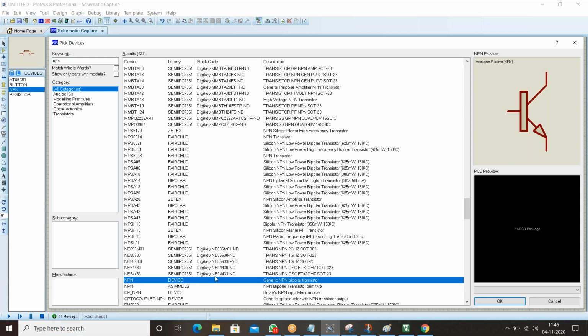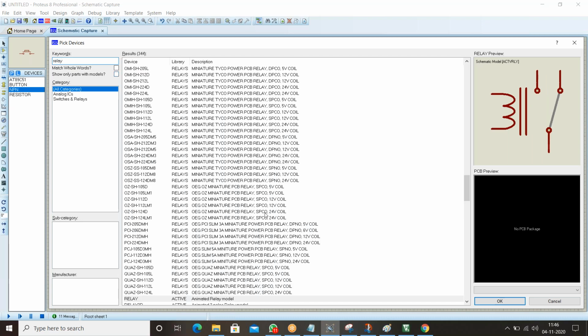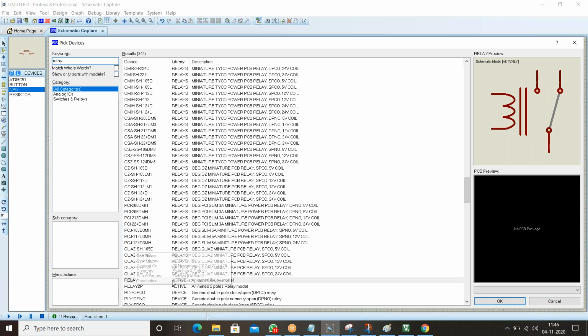Double click on this. And again click type relay. Guys, if you observe here, active animated relay model.